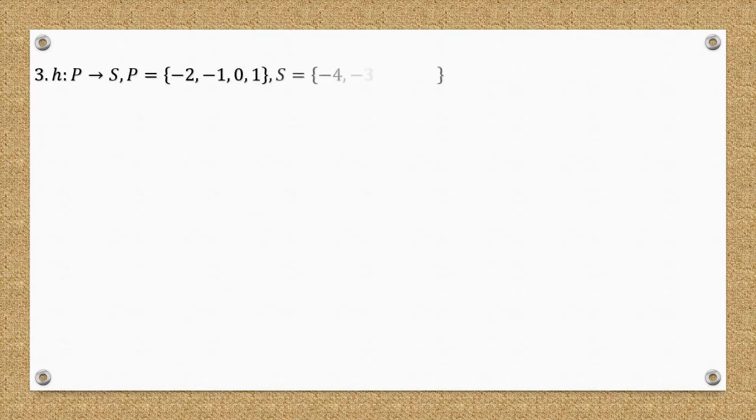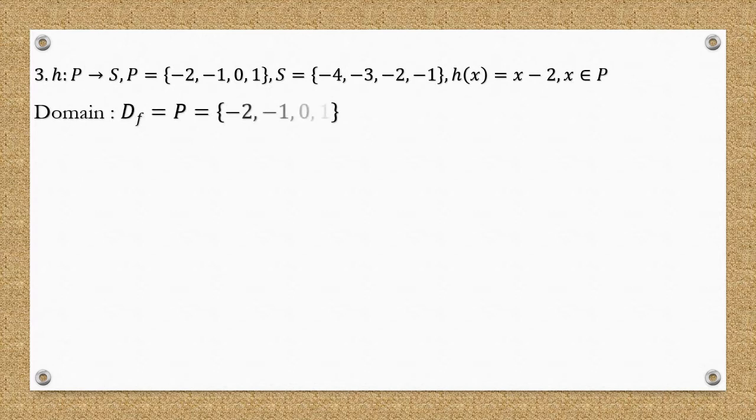H is a function from set P to set S. P is -2, -1, 0, 1. S is -4, -3, -2, -1. And the function, the relationship here is x minus 2. Okay, so the domain is the first one P, codomain is the second one S, and range we have to